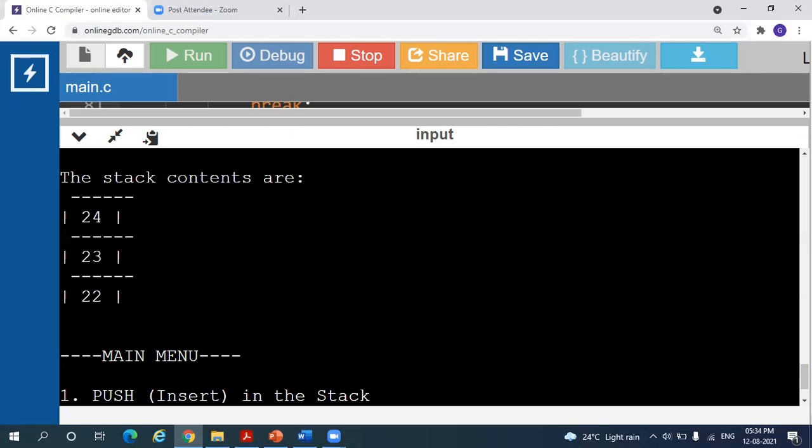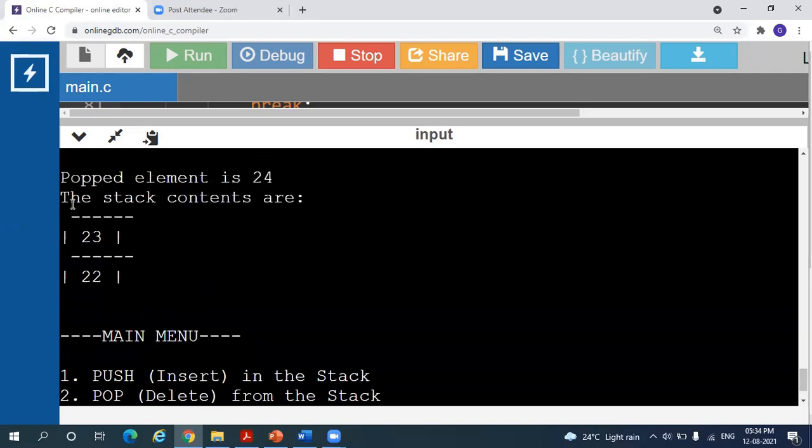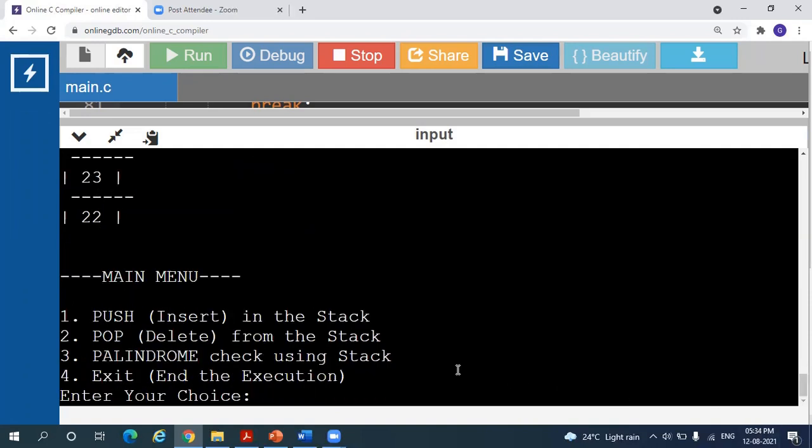That's how stack works. Pop operation is basically to remove an item from the top. So for that I should give 2 as my choice. And now you can see 23. The above element 24 is deleted. Similarly, we can delete all the other 2 also. And when I give 4, this will exit from the program.